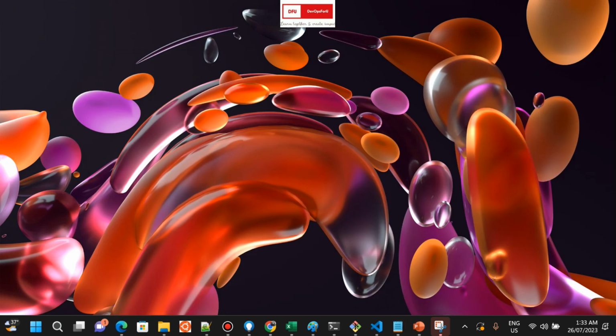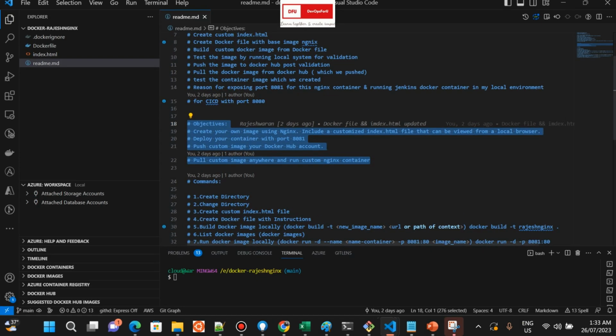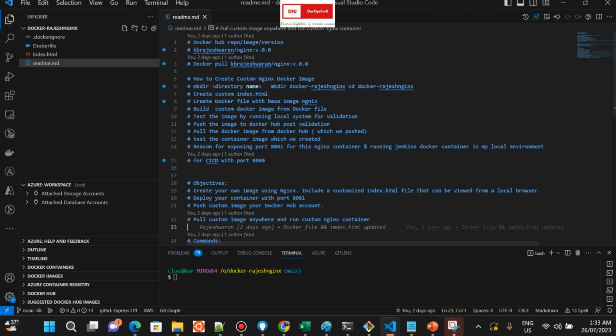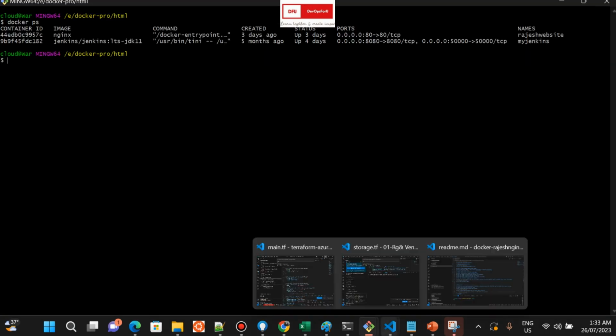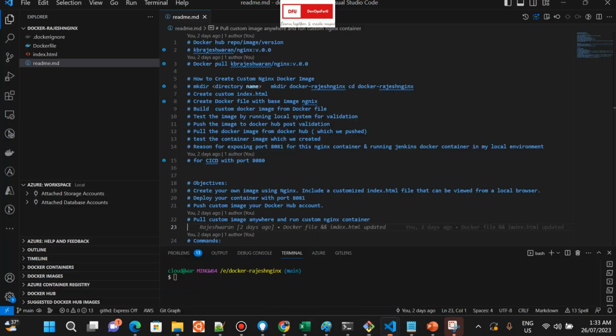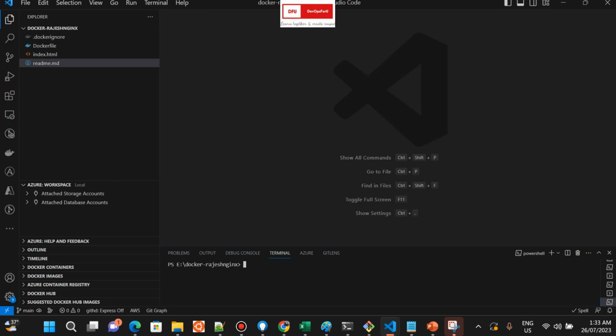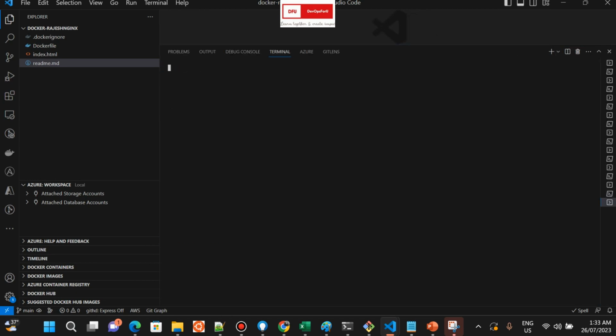Okay, now if I open my IDE, this is Visual Studio Code. You see, this is the folder where I have kept all my files. I'm going here to check the current working directory. We go to new terminal, and here I have to choose Git Bash. Okay, pwd. So in the E drive, I have a folder called Docker